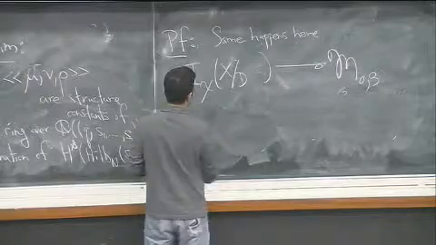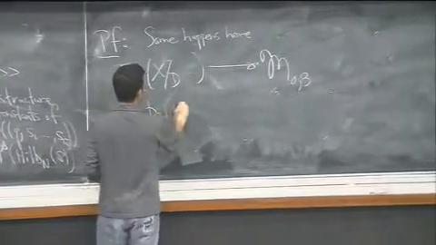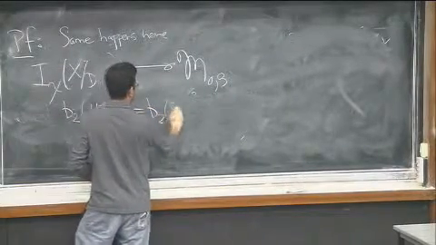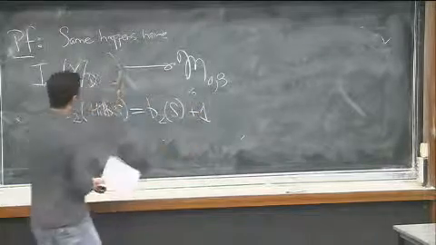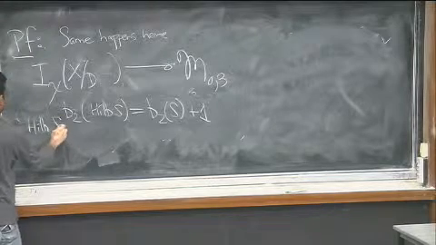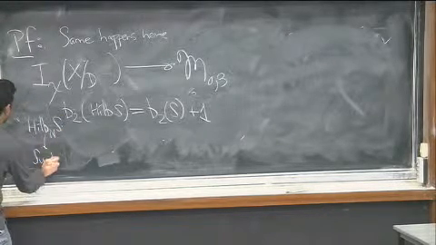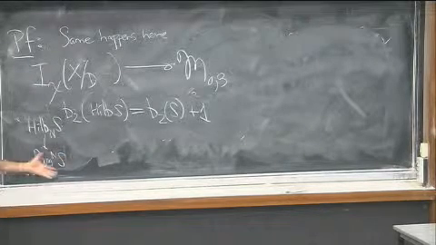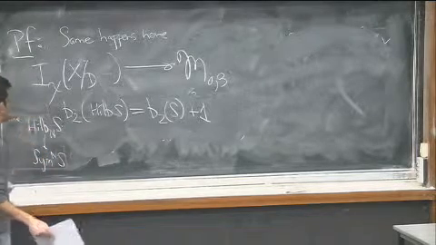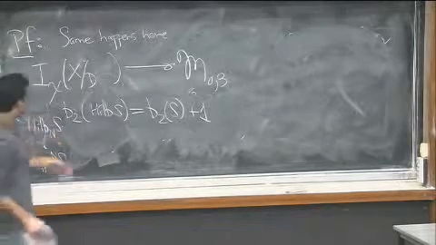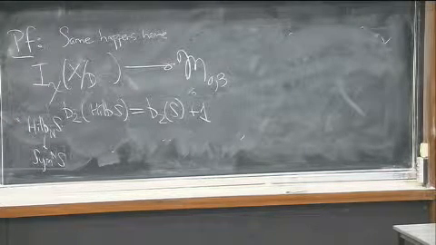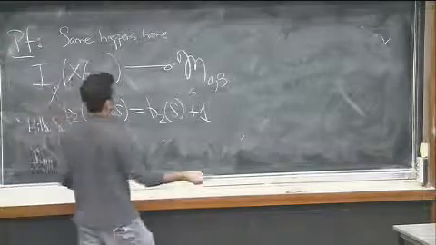B2 of the Hilbert scheme of S, assuming I have more than one point, is B2 of S plus 1, and that extra curve is the fiber of the map from the Hilbert scheme to the symmetric power of S. This is some singular object, and this is a resolution of singularities. And there's a unique curve class that's in the fiber of this map. And that gives me the extra 1. So not only is this a ring deformation, it's a ring deformation in the same number of variables as the classical cohomology ring. And so you can just naturally ask,